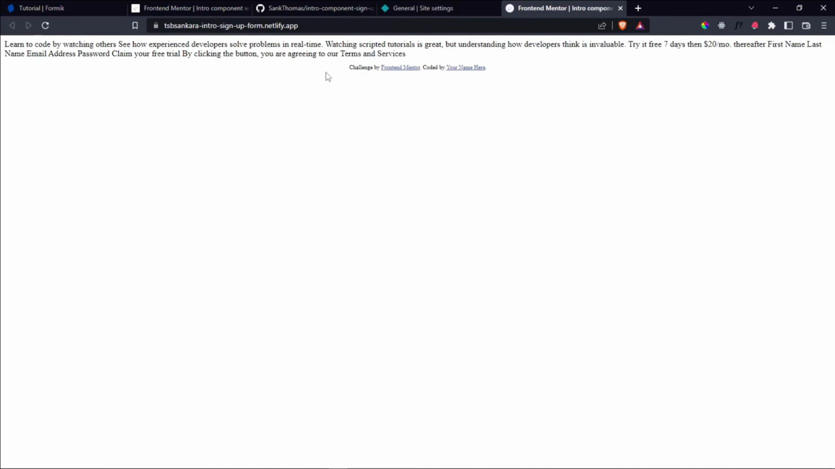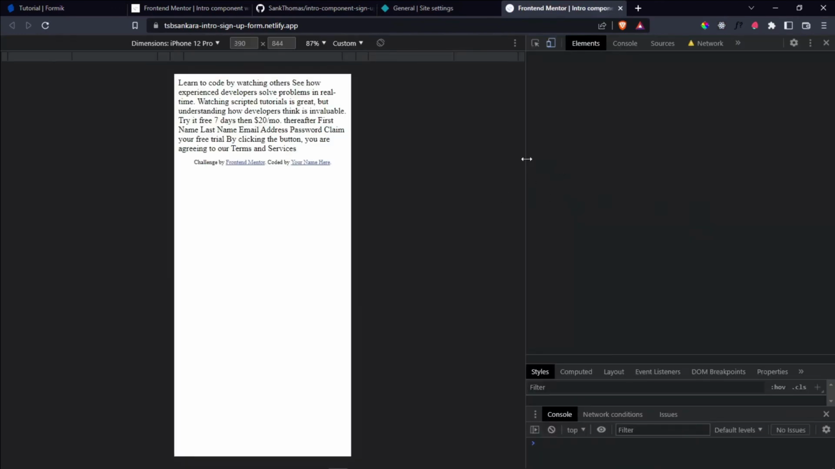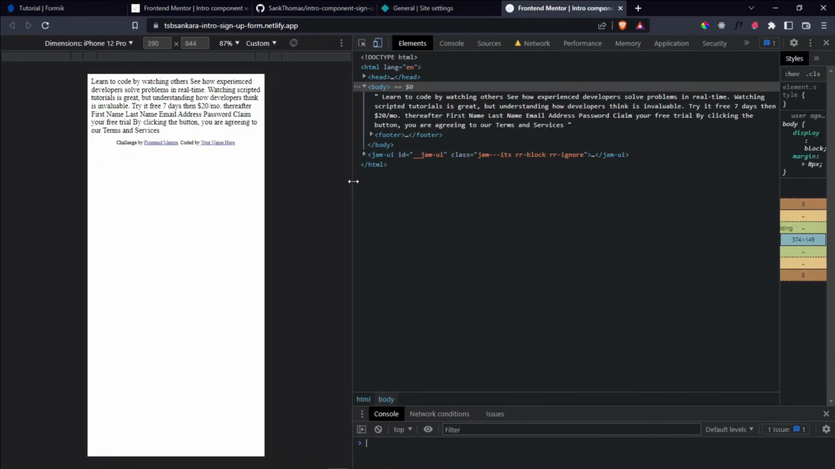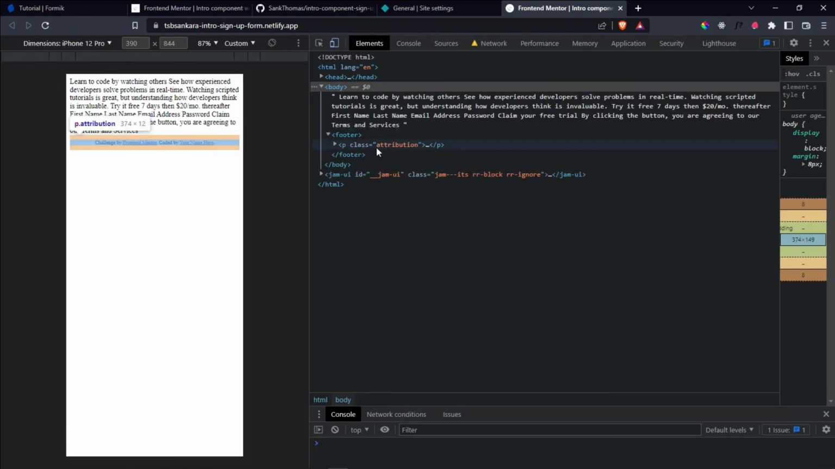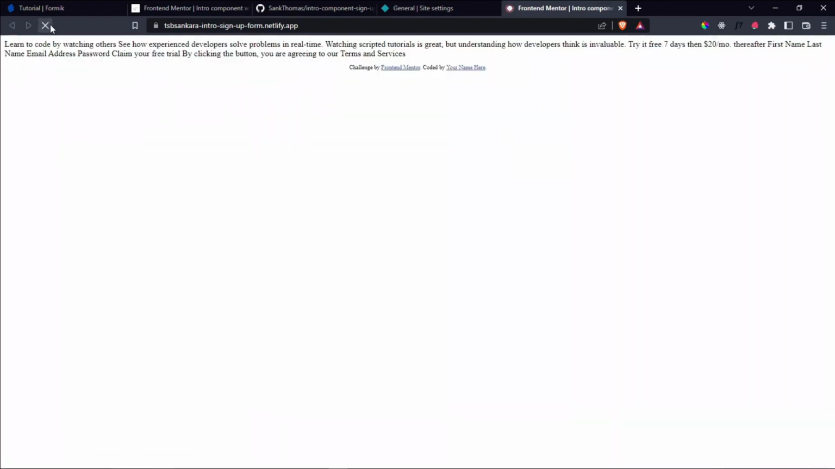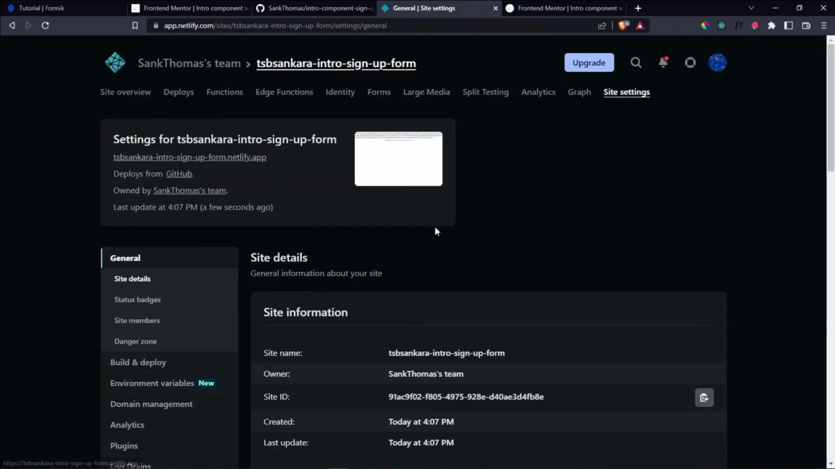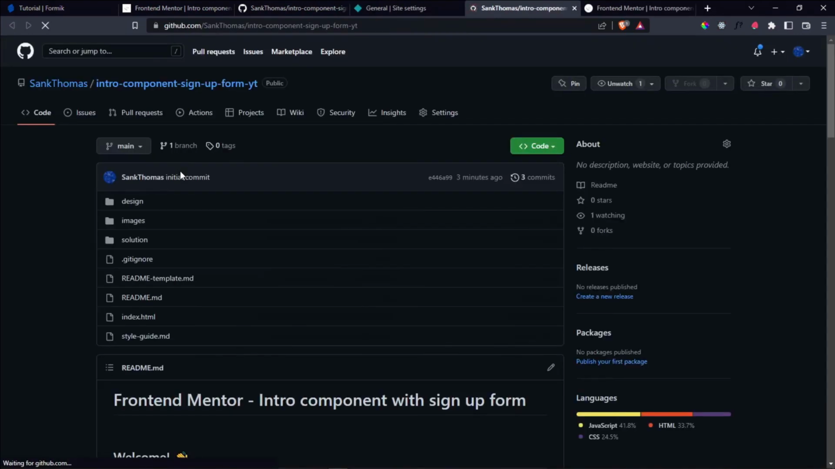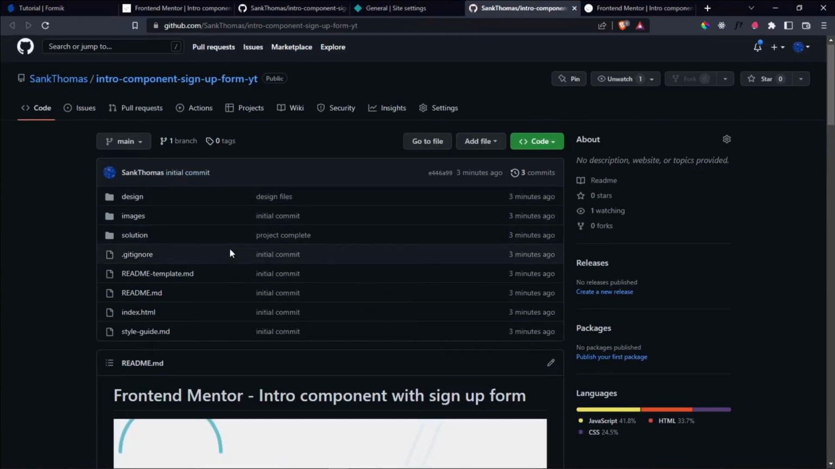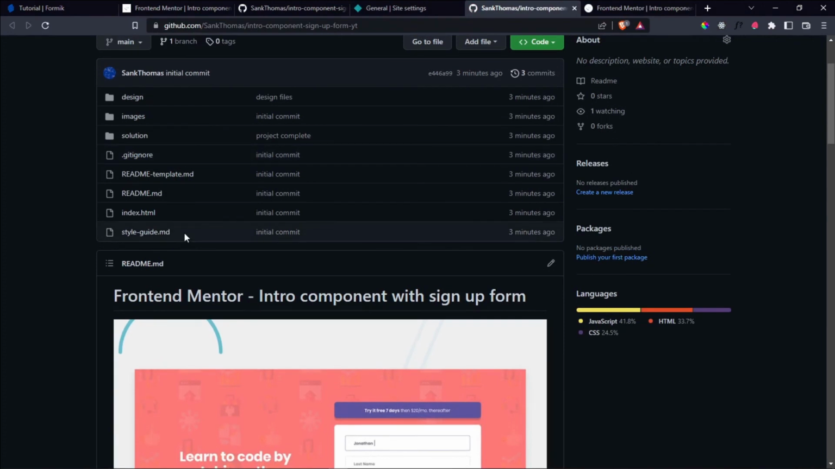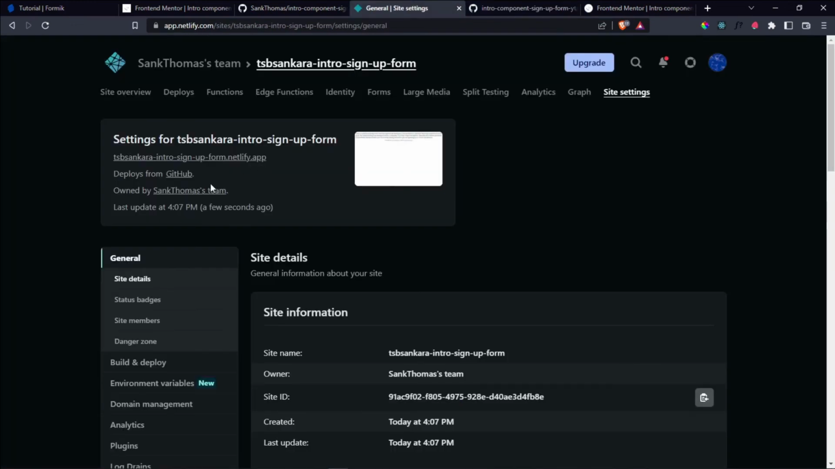Has it deployed? What? It has deployed. What? It has deployed this without our CSS. Wait, did I deploy the correct site? Did I deploy the correct thing? Wait a minute. I deployed this file instead of the solution folder. That is the problem. Oh my God, I was about to,